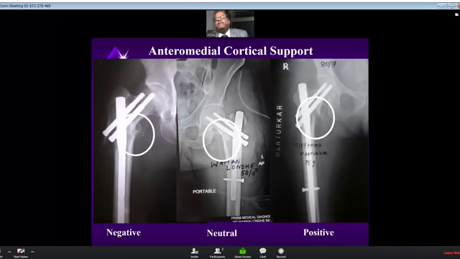So if the positive medial cortical support is there, then that also compensates for the shortening which happens due to collapse at the fracture site, and also that will help proper sliding of the screws through the nail. If it's in varus, sliding may not be that proper. That's why I always advocate valgus reduction in these cases,